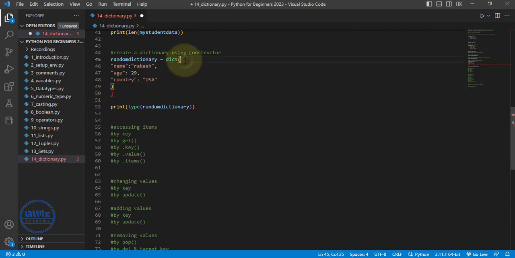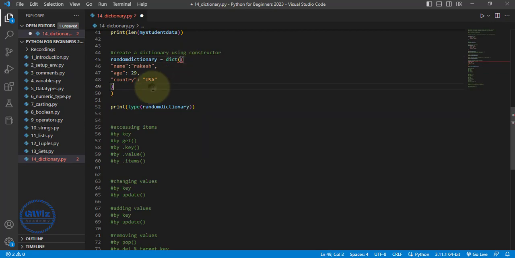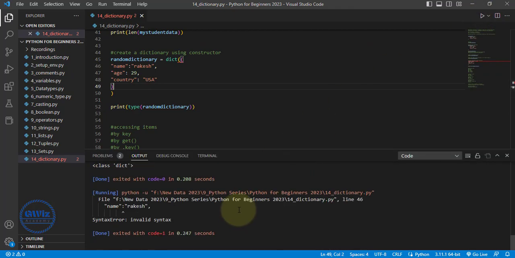Let's see. Save and run this program. Scroll down, syntax error. So we cannot use this, we need to use flower brackets. Okay,